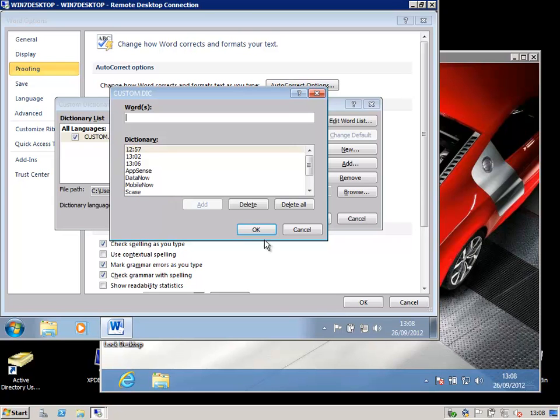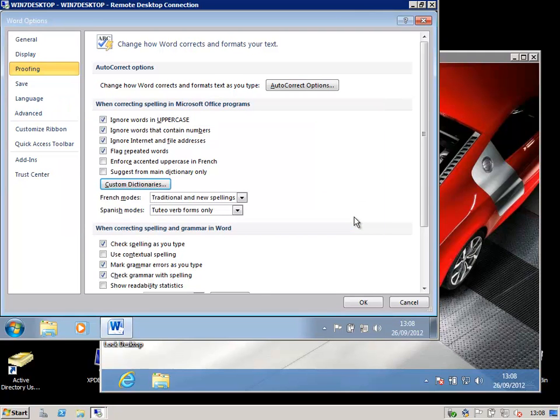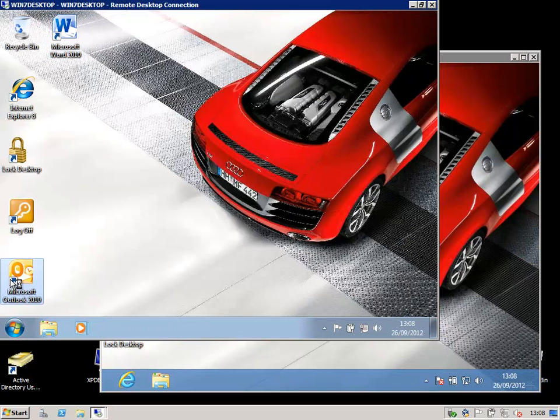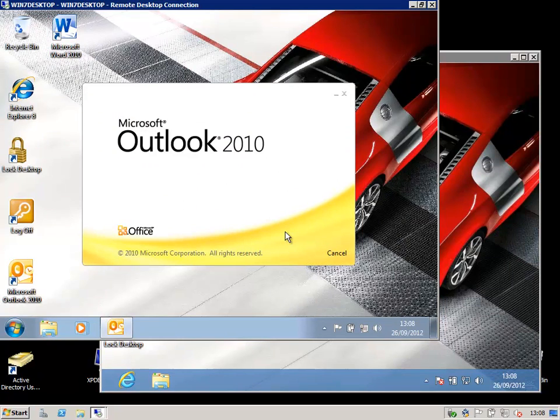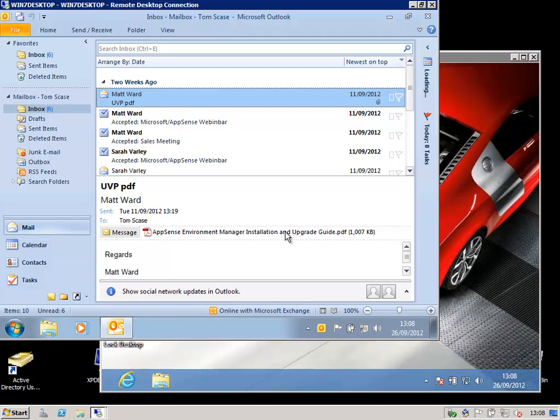Finally, what I'd like to show you is that usually when we go through an upgrade, especially with an Office upgrade, whether it's Office 2003 to Office 2007 upwards to 2010, that transition up to the final 2010 version of Office usually means that the Outlook profile is being upgraded. Once you have an upgraded Outlook profile, that profile cannot be used again on an older version of the Office products. But because AppSense can manage that user more effectively, we can actually have the ability,